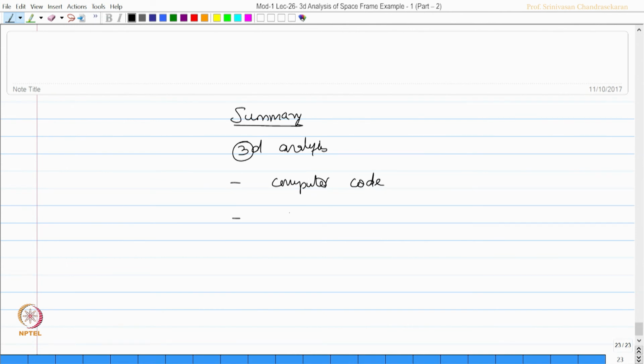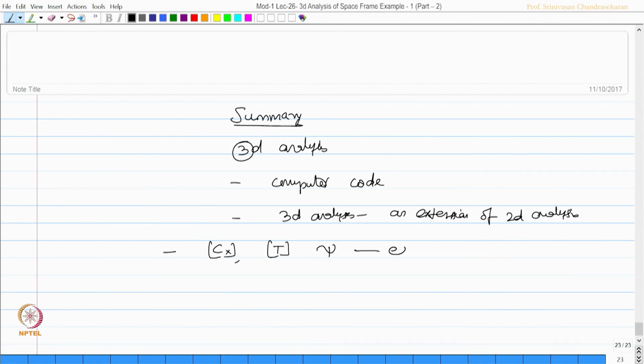We have understood how the 3 dimension analysis becomes an extension of the concepts of the 2D analysis. We are able to arrive at the transformation matrix, we are able to arrive at the rotation matrix, we are able to arrive at the psi value easily